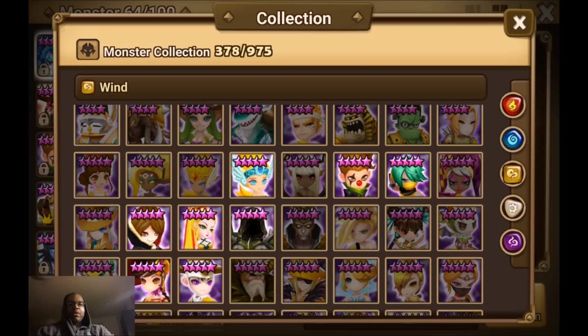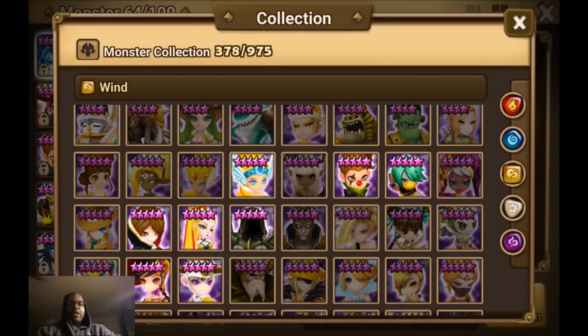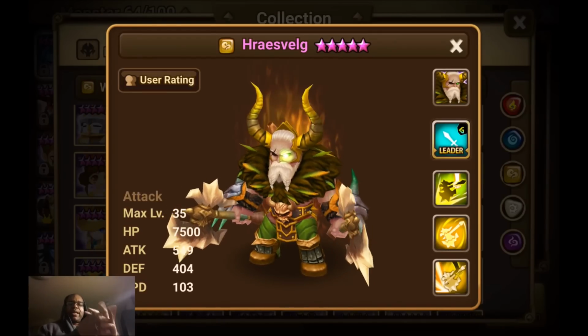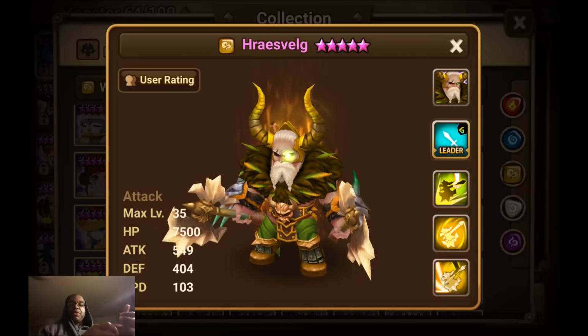Okay, so next one up, I'm gonna put this out there again. Another controversial unit, just depending on where you're at in the game. So like I was talking about with Stella, this is the wind version of a branding unit that I recommend. If you have this particular unit and you are at the stage of the game, your end game, and you're looking to improve your runs, and you've done everything when it comes to units, runes, grindstones, this and that,